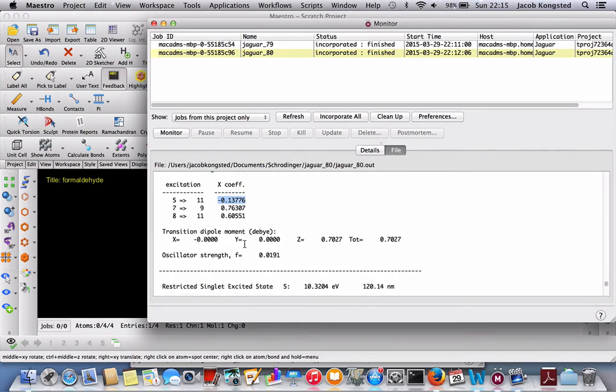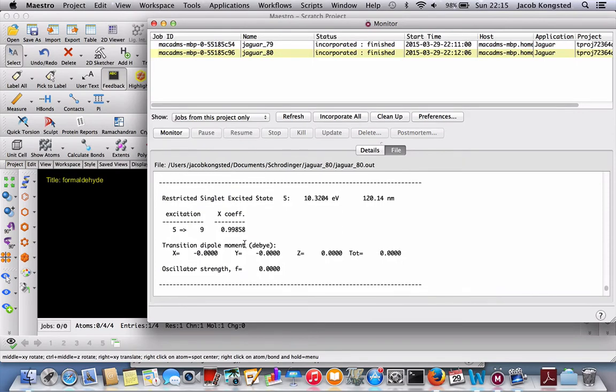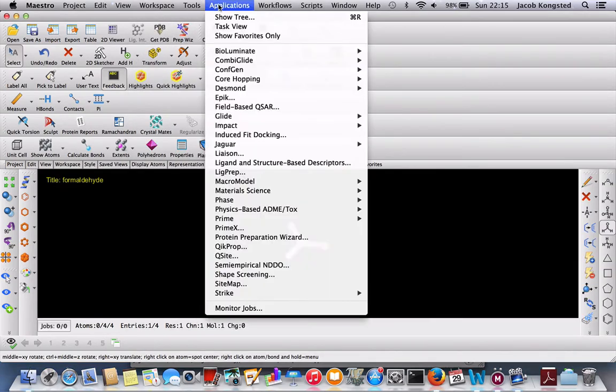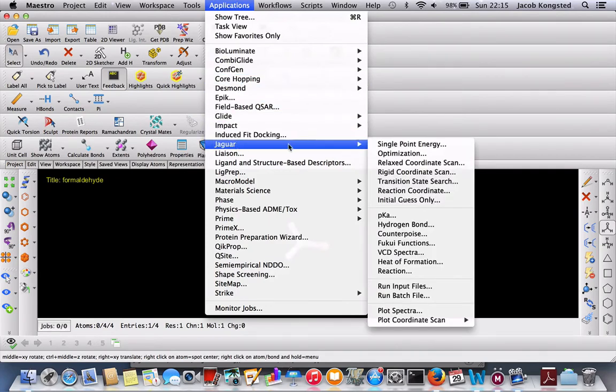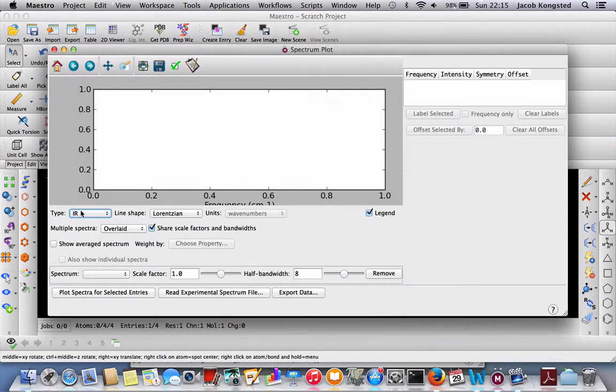So this is how to interpret the output file from such an excited state calculation. Now I can visualize the spectrum by going to the application, choosing Jaguar, and now choosing plot spectra. If I do this, I can choose the UV-Vis spectrum.